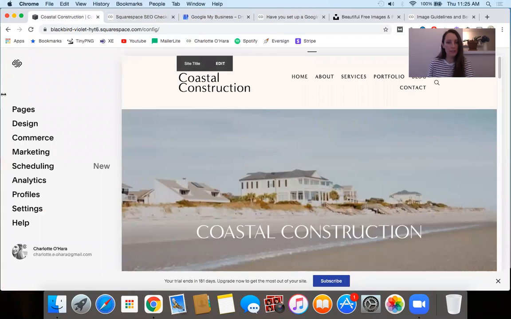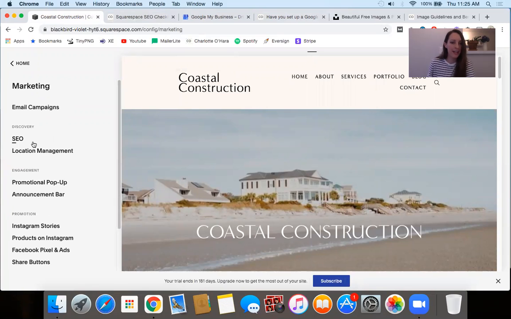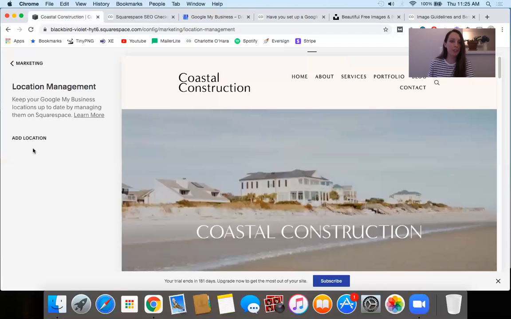So once you're logged in on the back end here, you're going to go to home, then marketing, and then here is location management, okay? So this is where you can keep your Google My Business profile locations up to date by managing the account, okay? So in this case, because it's a demo website, obviously I haven't added a location, but it's pretty straightforward